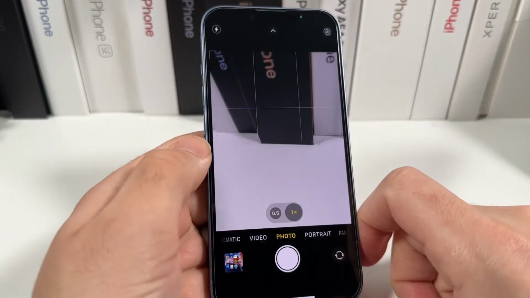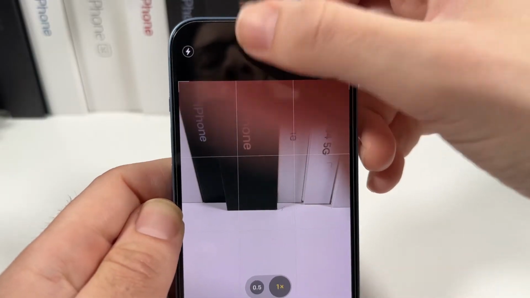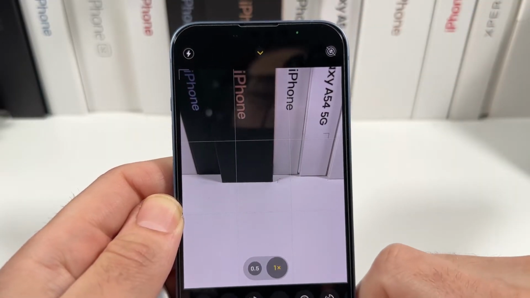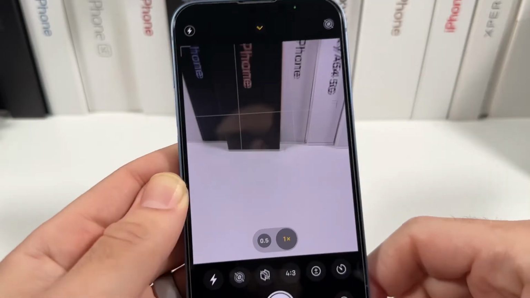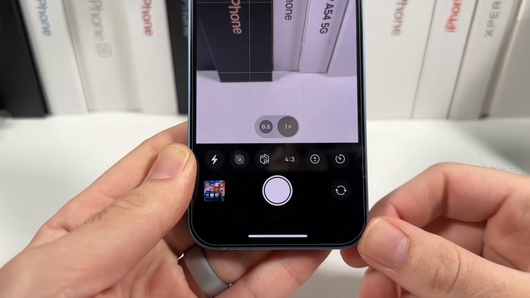So you're gonna see these little buttons right up here at the top. This first one right here is gonna allow you to access the camera controls. Now, when you hit that right there, you'll see down here, we do have different camera controls down here, such